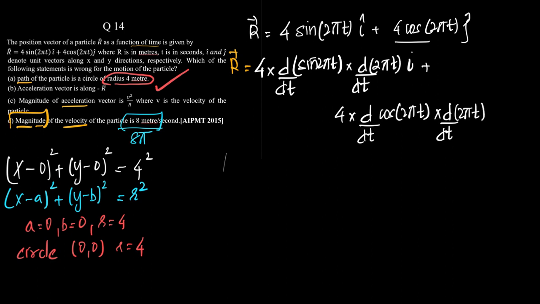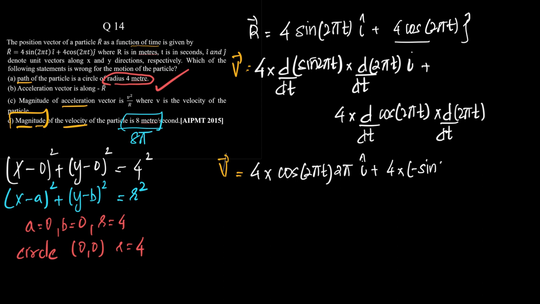So what do we get? Sorry, this is not r, this is v. So v will be equal to 4 into, what is the derivative of sine 2 pi t? It is cos 2 pi t. What is the derivative of 2 pi t? It is 2 pi, into i cap plus 4 into, what is the derivative of cos 2 pi t? Minus sine 2 pi t into the derivative of 2 pi t, which is 2 pi, right? So eventually what we get is